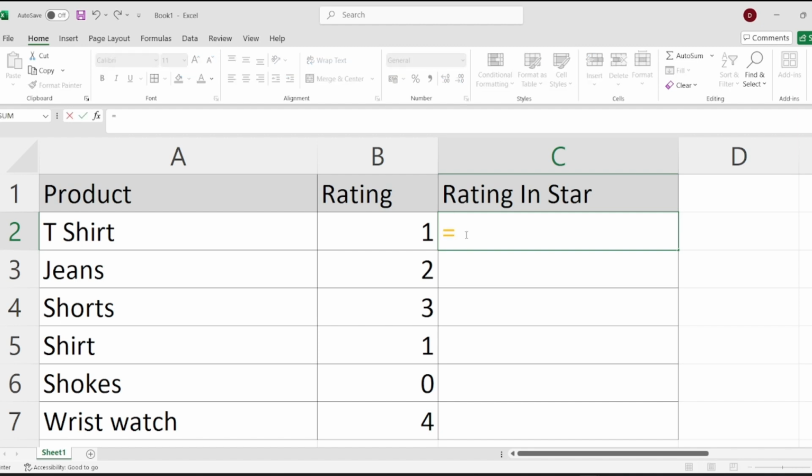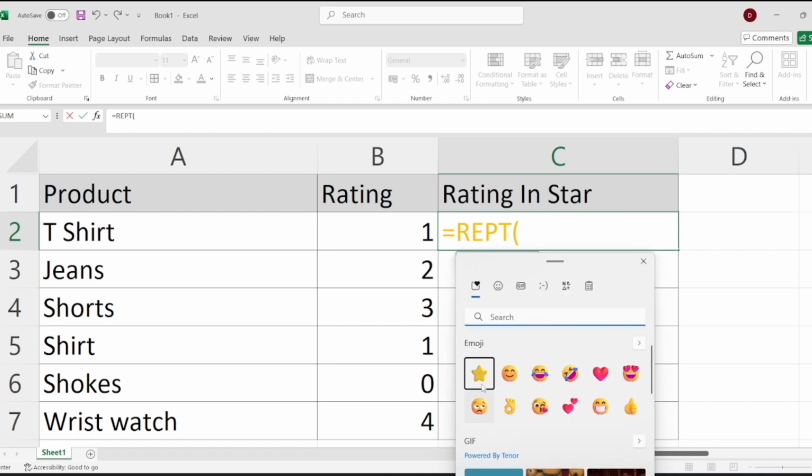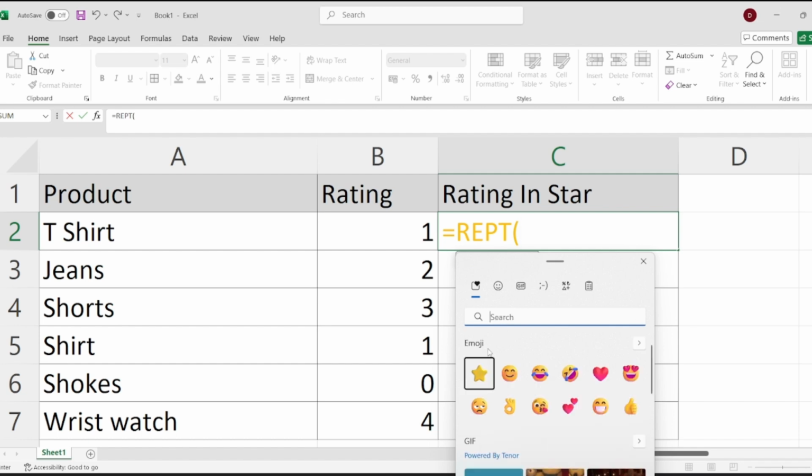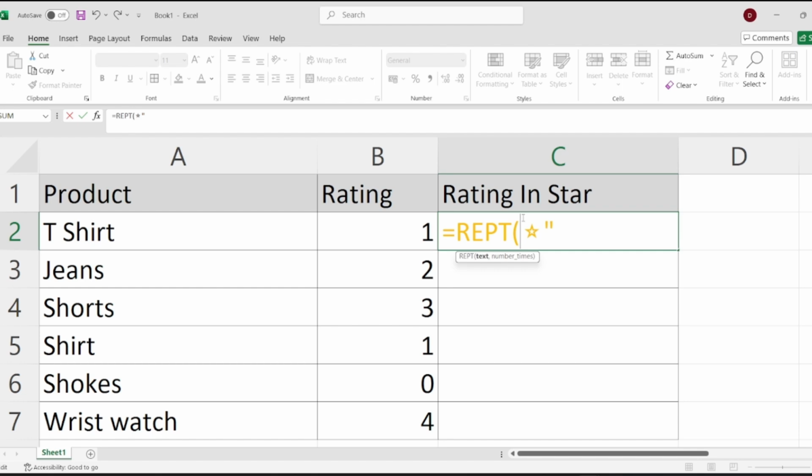We'll use here REPT formula and tab. Now it's asking for text. So you just press Windows and full stop. I'll get this option and here is a star. You need a star. So you just click on a star and close with double quote like this and one